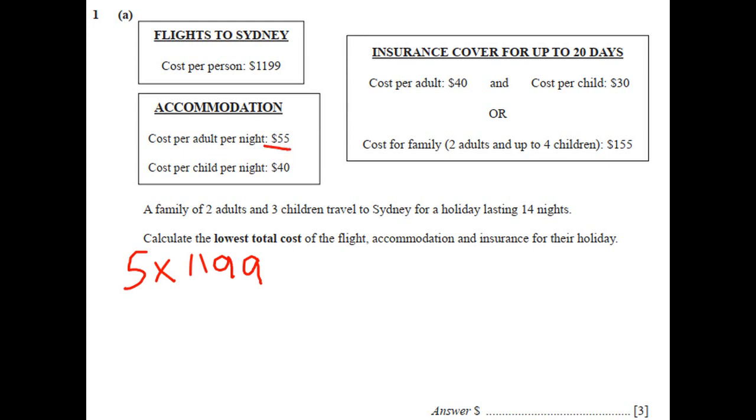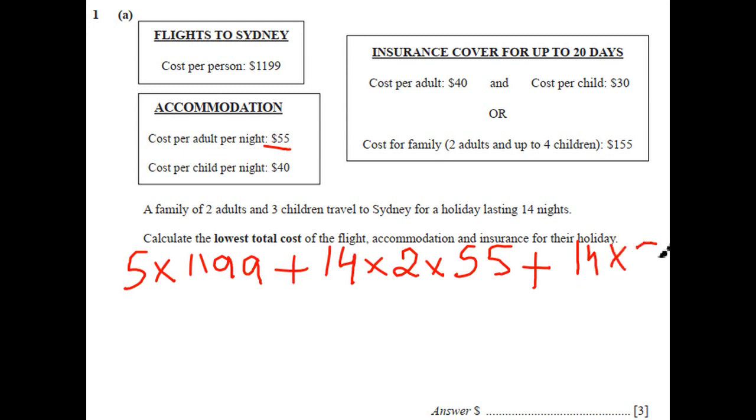Then they're staying for 14 days and the cost per adult is $55. So plus 14 times 2 adults times cost for an adult, 55, plus again for 14 days 3 children are staying at the hotel and the cost per child per night is $40. So times 40, I'm continuing from here,